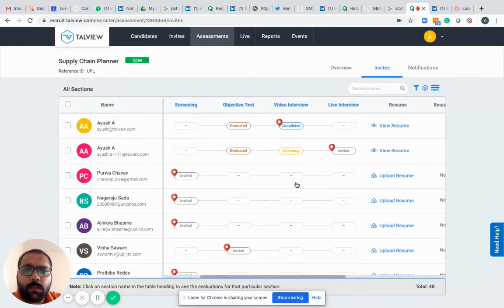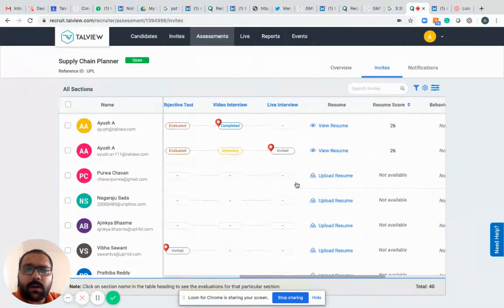On scrolling my screen to the right, you will also be able to find two columns. One column talks about the resume, where you can view individual candidates' resumes, and the other column is where the system automatically, based on the resume and the JD match, gives you a resume score.